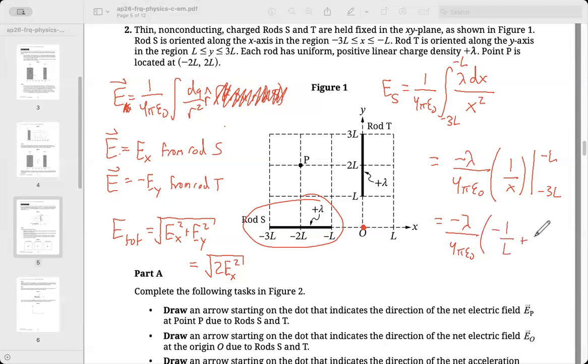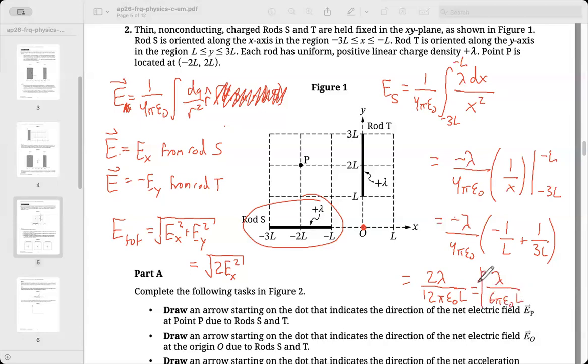So you get something along these lines, which is equal to, swapping the negatives, 2 lambda over 12 pi epsilon naught L,